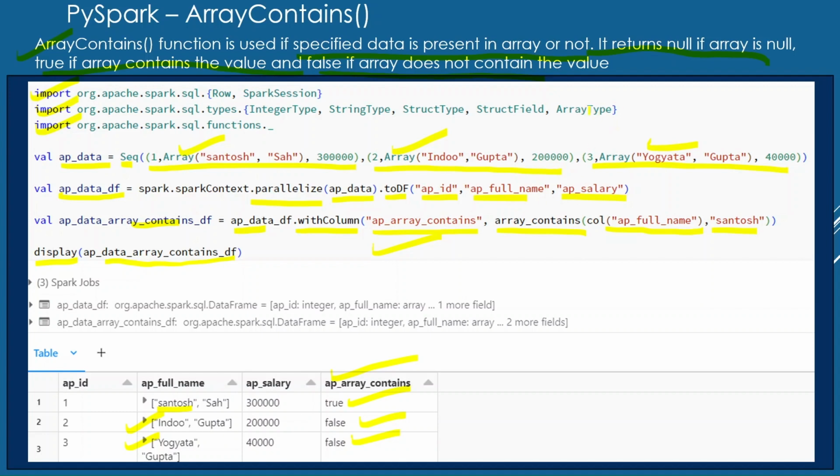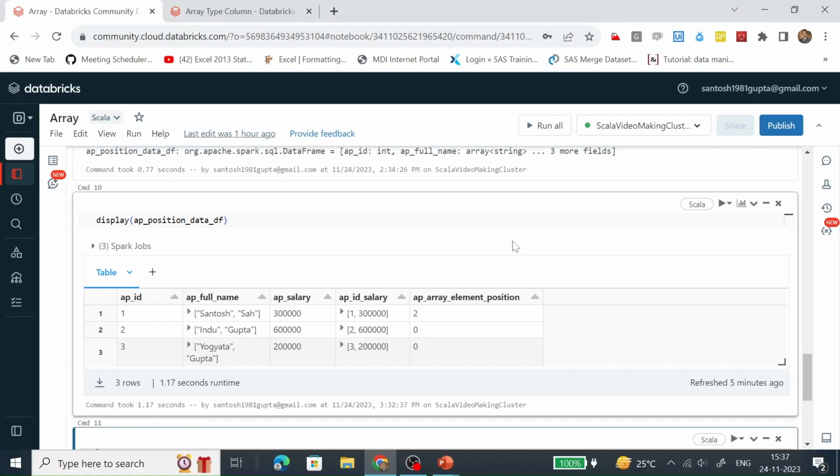So in our previous exercise we have created this data frame, up to this data frame, in my previous exercise as well. So I am going to copy the code till here and I will show you how this array contains function works in Databricks. So let's go to the Databricks.